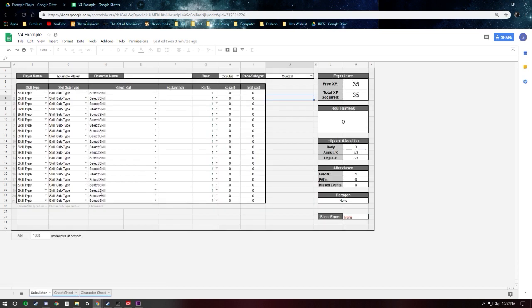So let's go back to the calculator. We're going to go over some of these cells. So the player name is going to automatically be filled out when you get your character sheet. Character name, that's for you to fill out. So I'm just going to put Tess T. Esther. Your race and race subtype will also be filled out automatically for you, as will your experience,